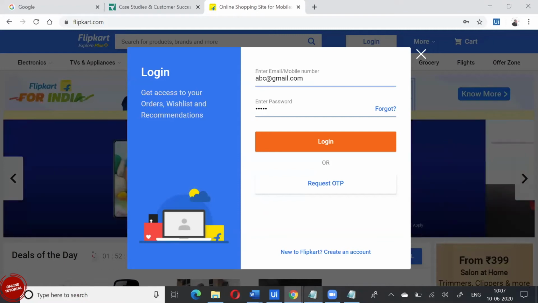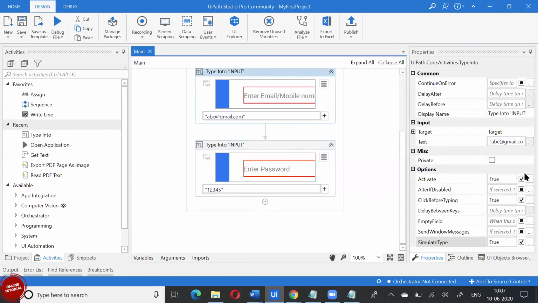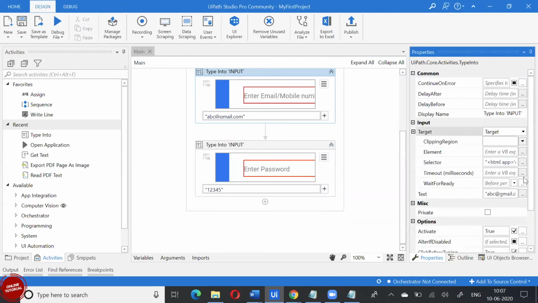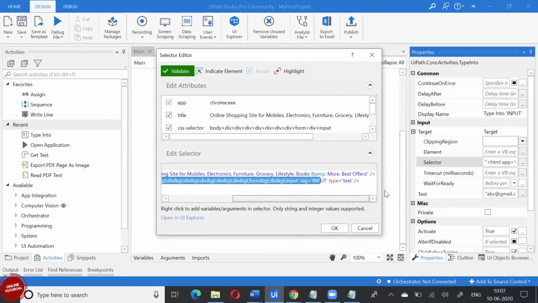Now, our task is only to show UiPath where to type. If you look at it, in its memory it keeps every piece of information that is required. What is my browser? What was the application that I'm working upon? Where to type, what to type, every piece of information is here. And that is what this UI Explorer is.